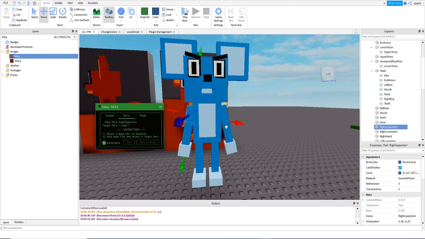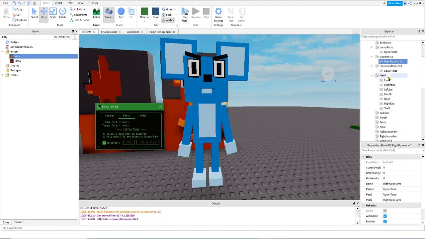Nose, right upper arm and left upper arm. The right and left have to be connected to the upper torso. So we select upper torso and then right upper arm and we join in place. Then we continue, guys. We continue